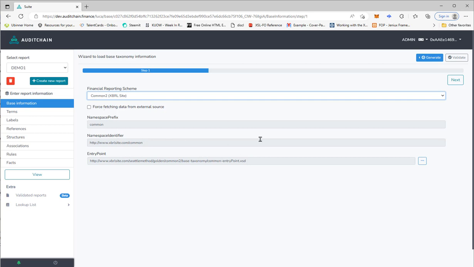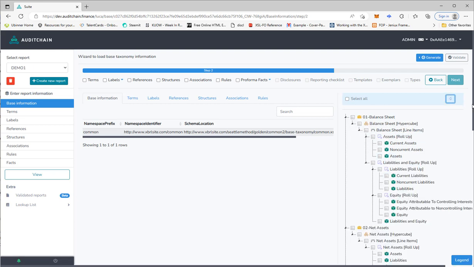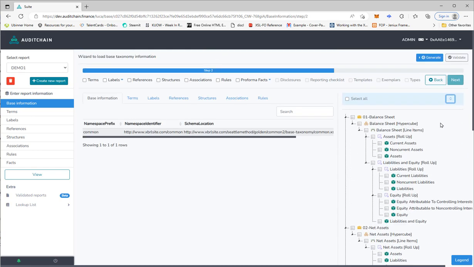There's a smart cache. There's information that's been cached in a database. I can update it, but I don't need to because it hasn't changed. I'm reading that cache, and this is the information for that reporting scheme. So I'm going to expand that and show you. The point here is that